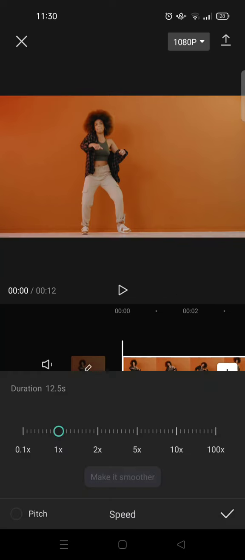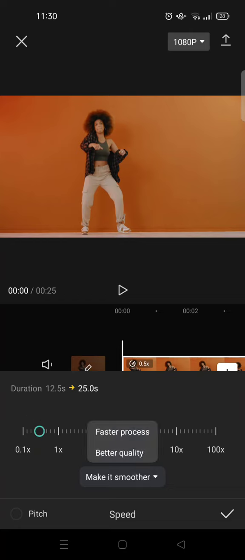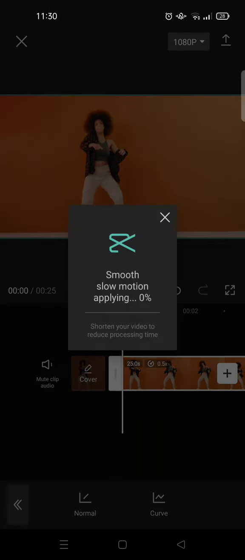normal. And if you want to make it slower, you need to swipe the circle to the left like this, so it'll make the video longer. I'm going to go with 0.5 seconds, and then here click on this to make it smoother. So here click on that and then click on a check icon, and now it will be processing the smooth motion